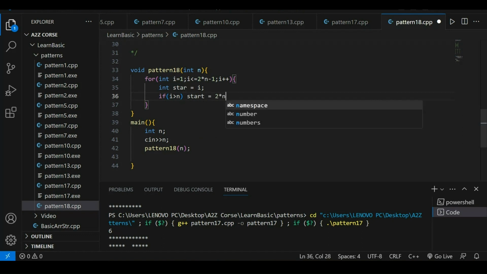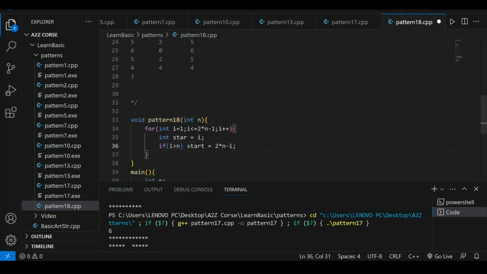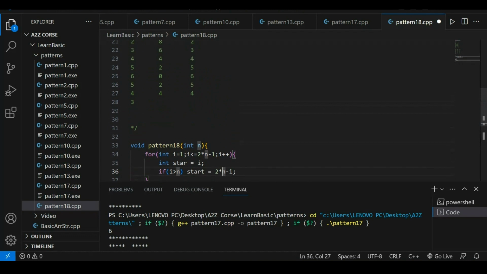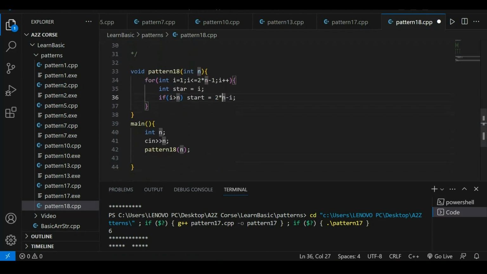2 इंटू एन माइनस आई। Like if I say we have a 2 into n, it's 6, and for 6 and if I say our I is 7, तो 6 minus I is 7 is तो our star is, तो हमें कितने स्टार प्रिंट करना है, हमें 5 स्टार प्रिंट करना है। लाइक दिस वे इट्स वर्किंग।